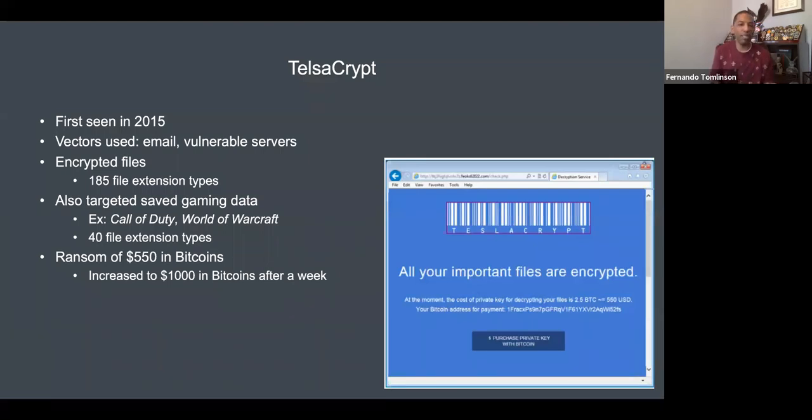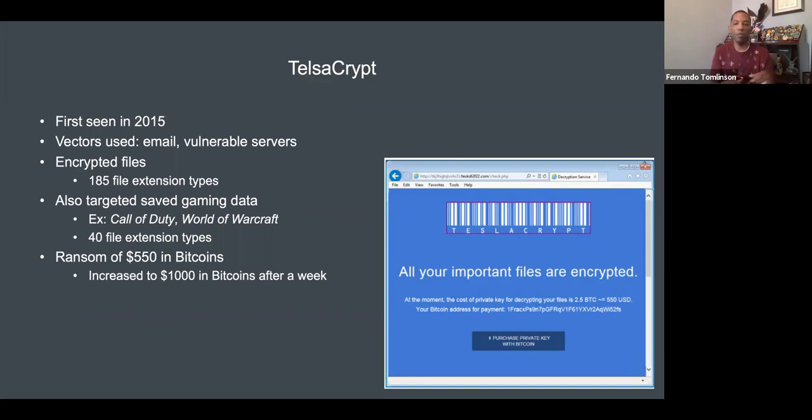So if you were a PC gamer, again, if I'm writing ransomware and I'm encrypting files on your system, I want to encrypt the things that render your system inoperable. I want to encrypt the data that's most important to you. And in this case, if I'm on a PC in which somebody's playing PC games, if I can affect that data, that may be the very thing that they most care about. This ransom, 550 in Bitcoin.